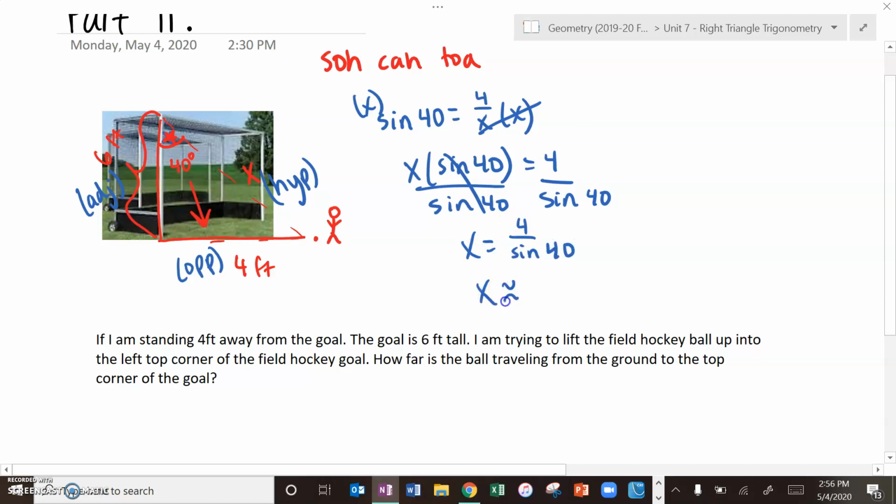And if I plug that into my calculator, x is approximately 6.2 feet. So the distance from the ball to the top left corner is